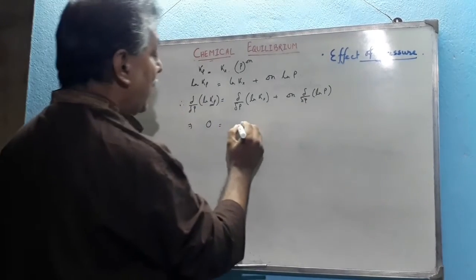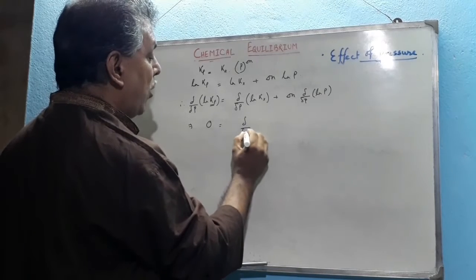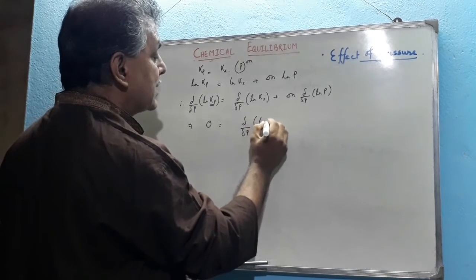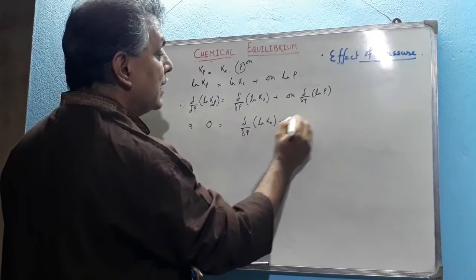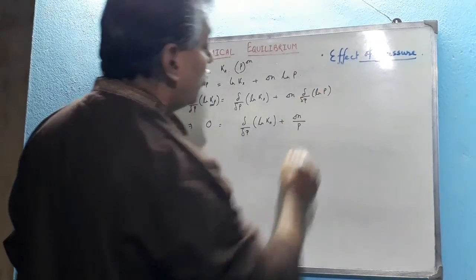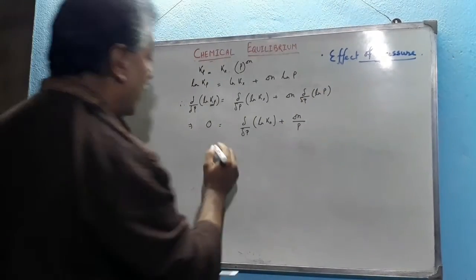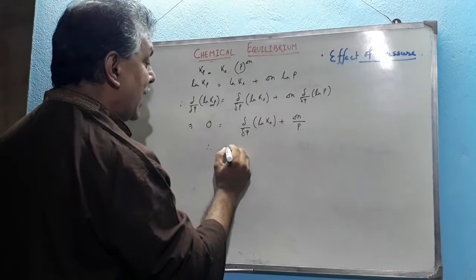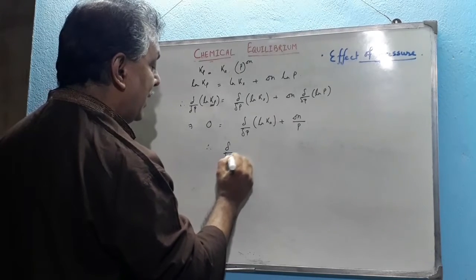Therefore, ∂/∂P of ln Kx plus ∂n/P, because ∂/∂P of ln P is equal to 1/P. Therefore, we can say that ∂/∂P of ln Kx